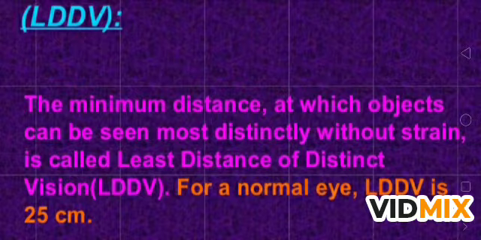And if your eye is normal, that distance is 25 centimeter. So when the object is kept at this distance, when we are reading any article at this distance, we are not feeling any strain on the eye. But when you bring the object closer than this distance, your eyes feel some strain, water comes out of your eye, you feel some headache. So these are the symptoms that your distance has changed, and you are not feeling comfortable reading at this distance.